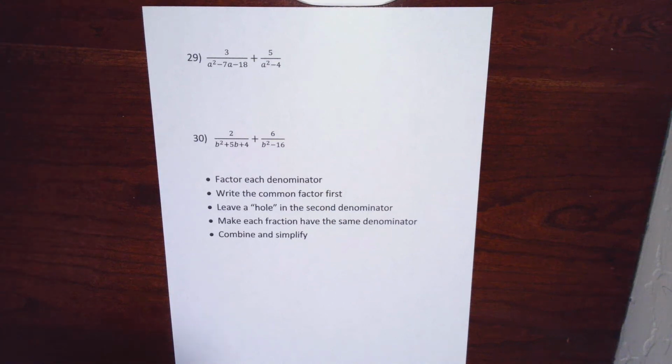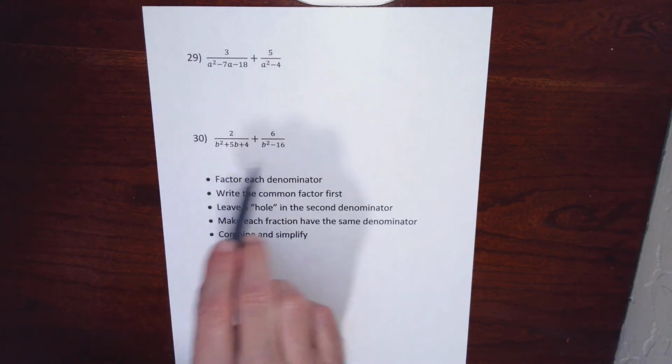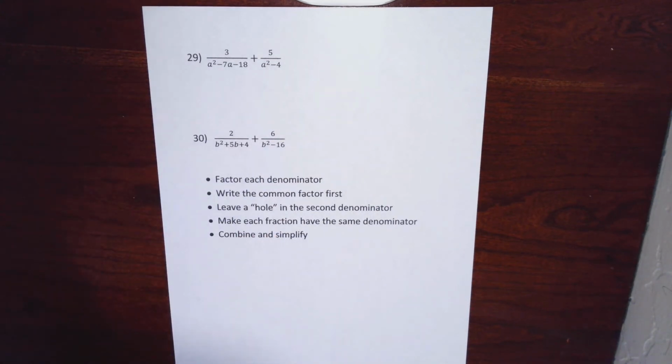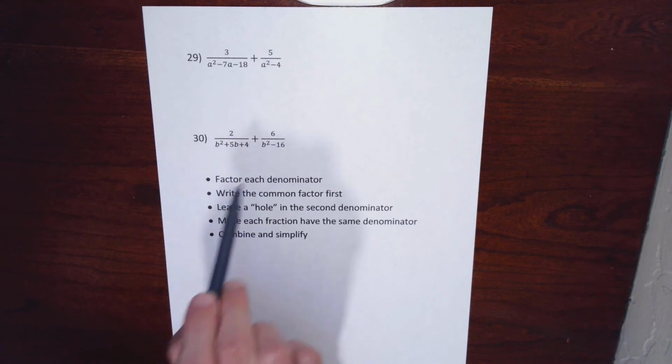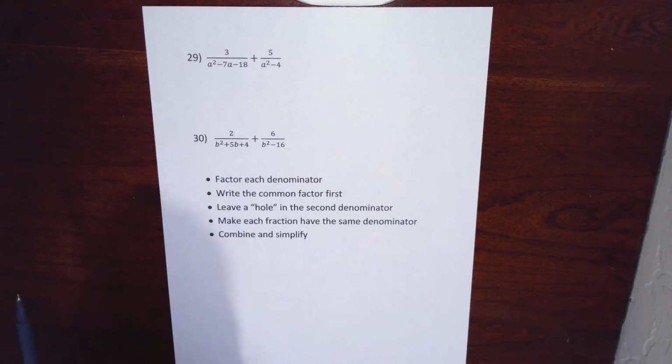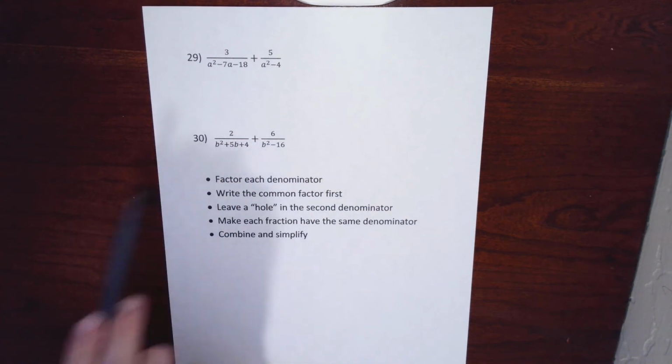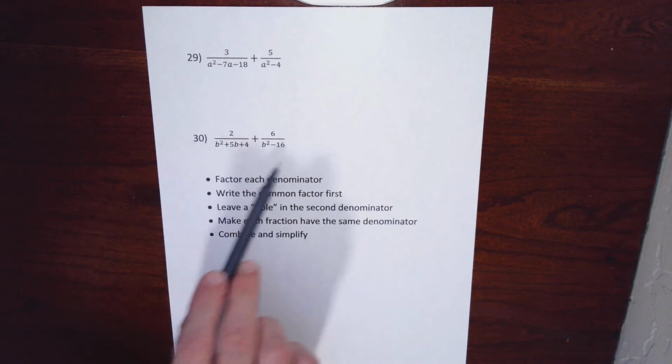So this will be the end of section 2.4, and I won't do every one of these problems, but I'll do probably half of the rest of the section. For the next few problems, the denominators aren't the same. Both denominators are going to be able to be factored, and if you factor them correctly, each factoring will have a common factor. So for these problems on the second part of the video where both denominators can be factored,